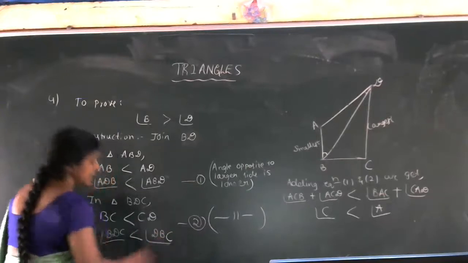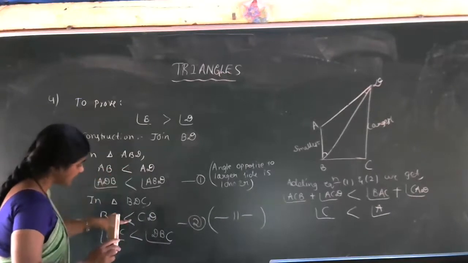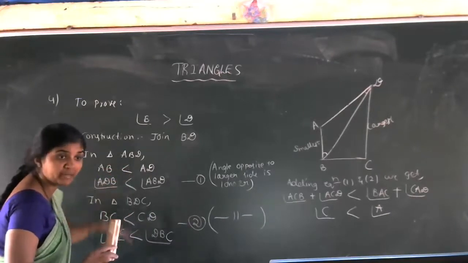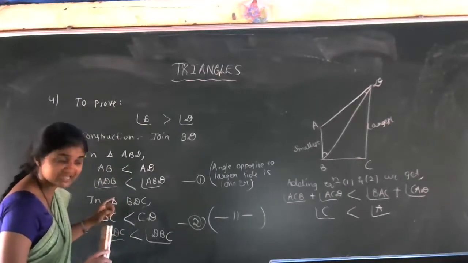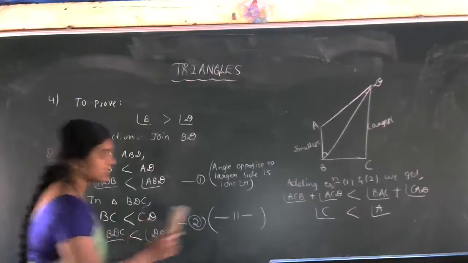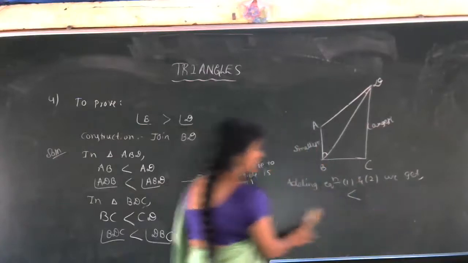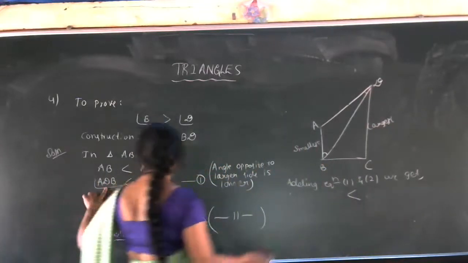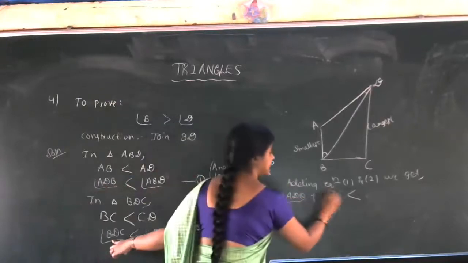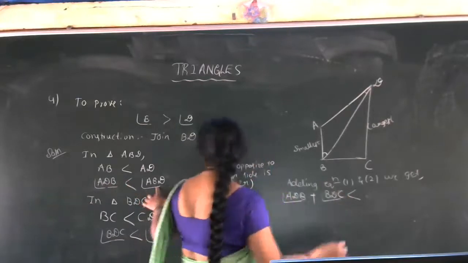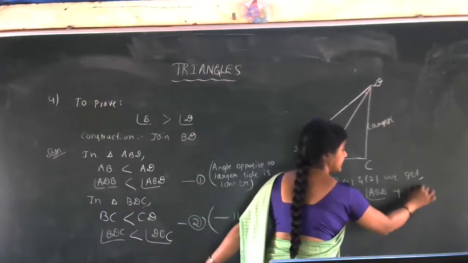Angle DBC. So while taking equations 1 and 2, you have to notice the sign, okay? Less than. This one we have to maintain properly, otherwise you cannot add equations 1 and 2. Is that clear? Now BDC and DBC, same to same. Adding equations 1 and 2, what will we get? See here, equation 1: angle ADB plus angle BDC is less than angle ABD plus angle DBC.